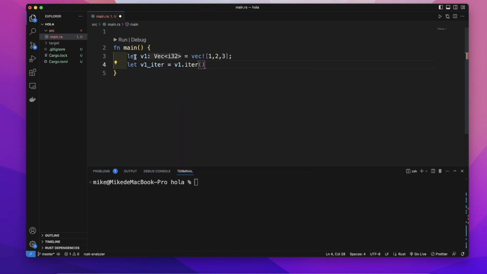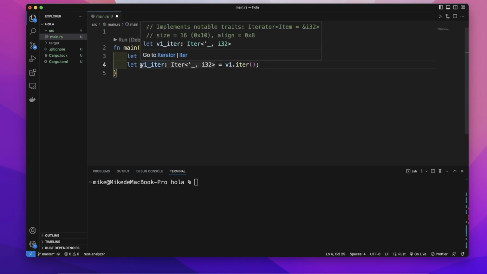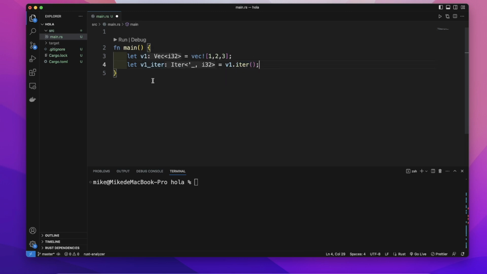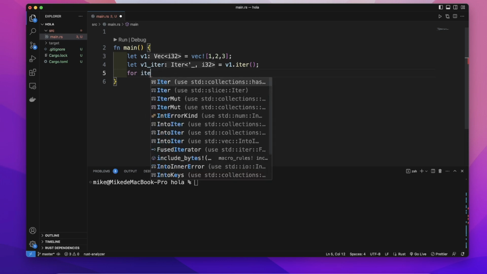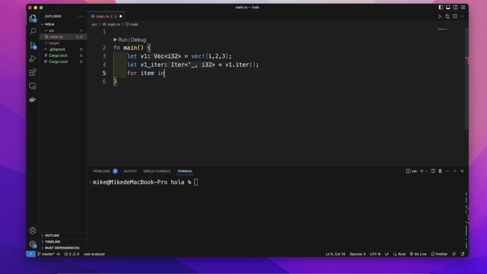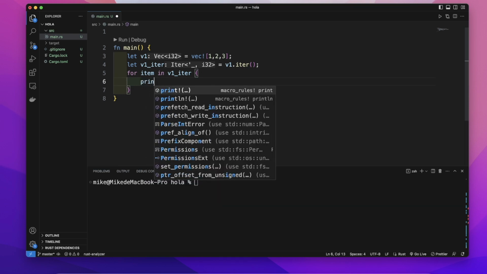And then let's create an iterator of this v1 vector: let v1_iter equal to v1.iter. We use this iter method to create an iterator of this vector, and this iter method will not take ownership of the vector, so each item in this v1_iter is a reference to each item of this vector. Let's use a for loop to loop through this v1_iter and print out each item: for item in v1_iter,